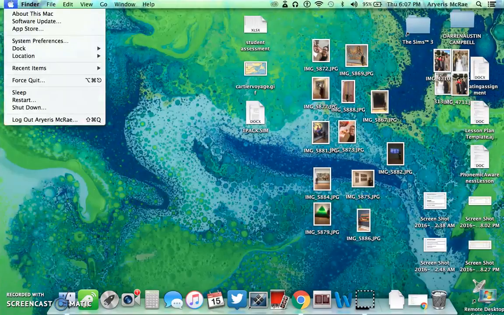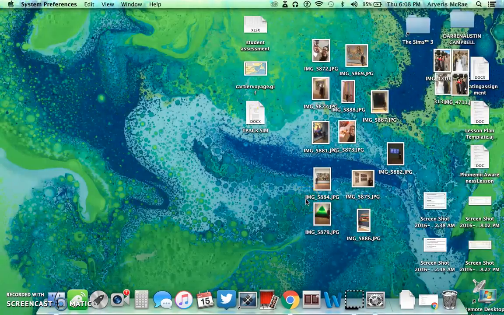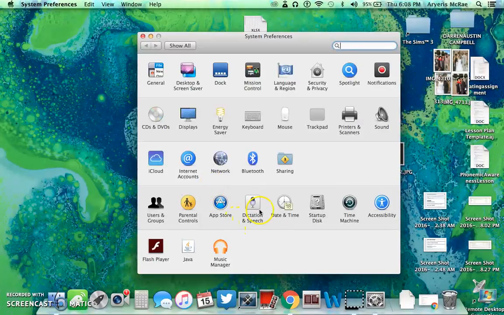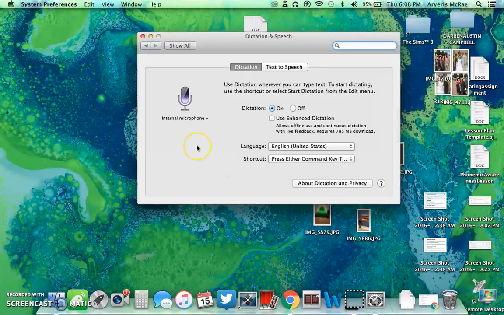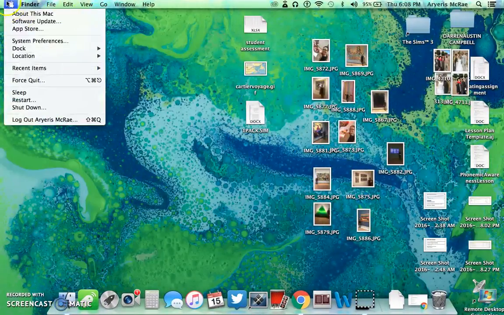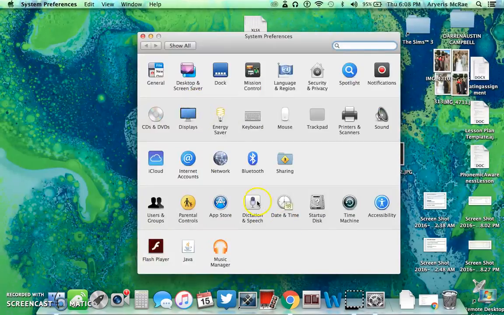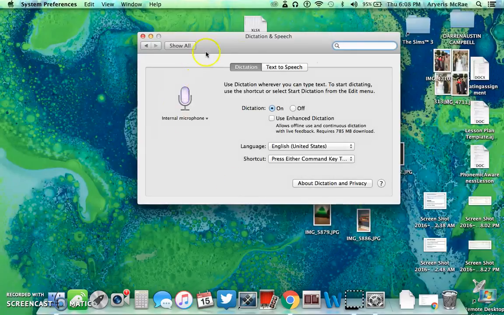The last accessibility feature that I'm going to talk about right now is dictation, which allows you to speak into the computer without having to type. So it's basically just typing your words as you say them. So to do this, you have to come back again to System Preferences, and it's on the same row as the accessibility where we were the first time. You click on that. You have to enable it on or off,